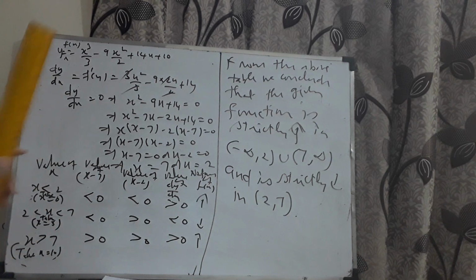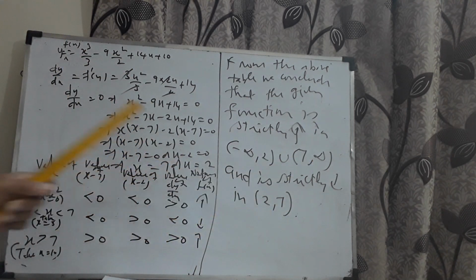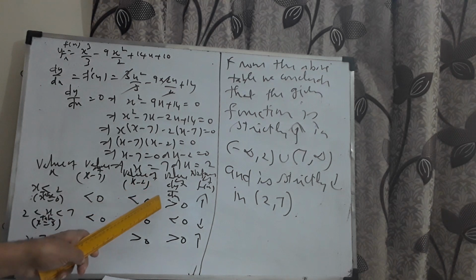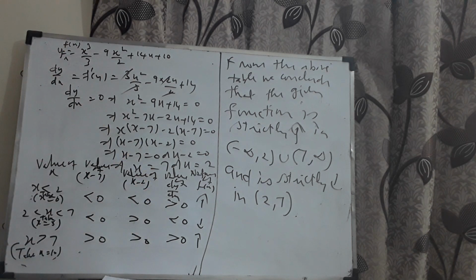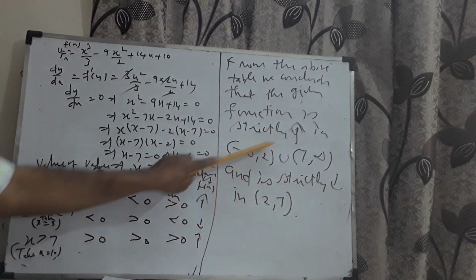Remember carefully. And I won't use the end values here, because at 2 and 7 it becomes 0. I have to have dy by dx strictly greater than 0 or strictly less than 0. If dy by dx is greater than or equal to 0, I'll say it is increasing but not strictly increasing. If dy by dx is less than or equal to 0, I'll conclude the function is decreasing but not strictly decreasing. Therefore, since I am supposed to have strictly greater than 0, strictly less than 0, everywhere I'll use